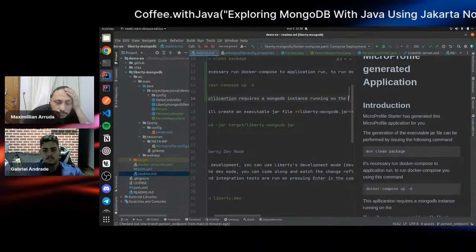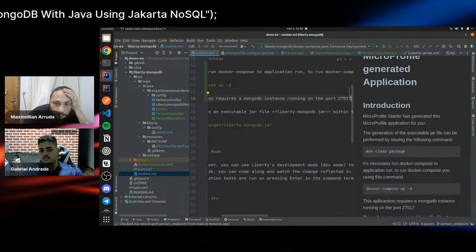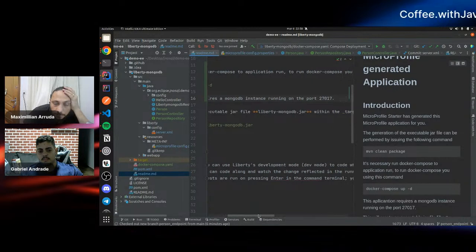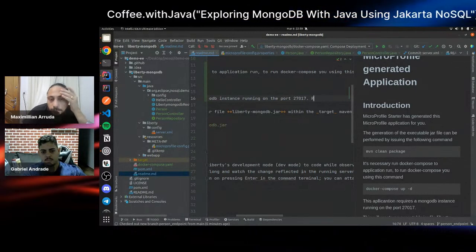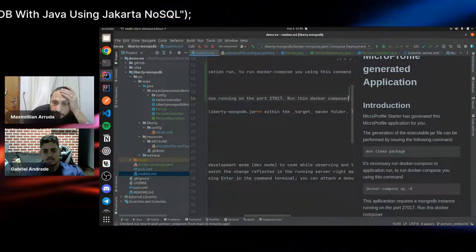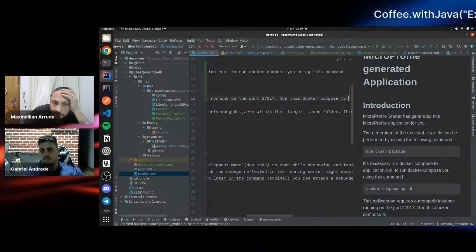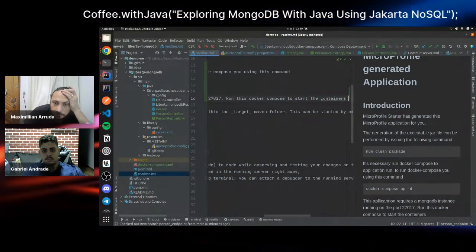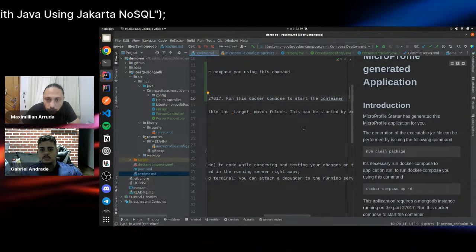I think it's 27017. Dot. Run this Docker Compose to start the containers. Yes, that's it. Dot.